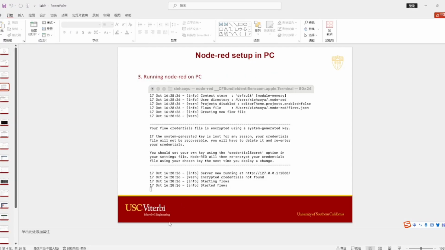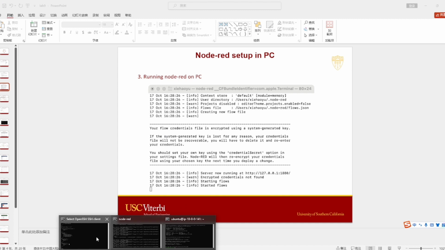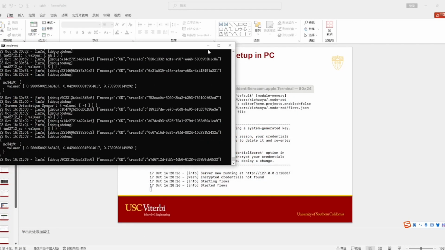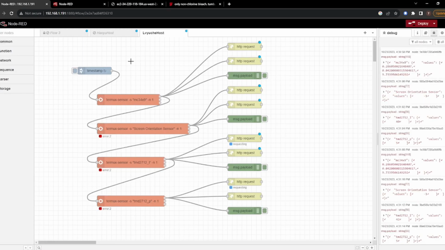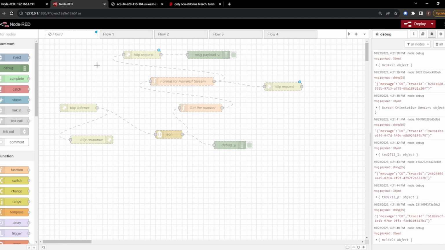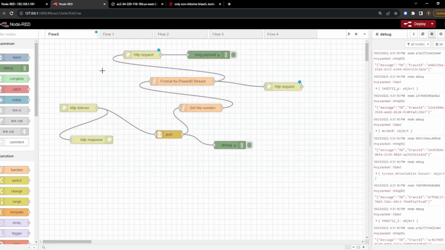Later on we need to run Node-RED on our PC. Now it's running, and then we can check the flow chart. This one is from the instruction, the original one. First, we listen to the data from the phone, and then we JSONify the data and process the data. Finally, we post the data to our AWS